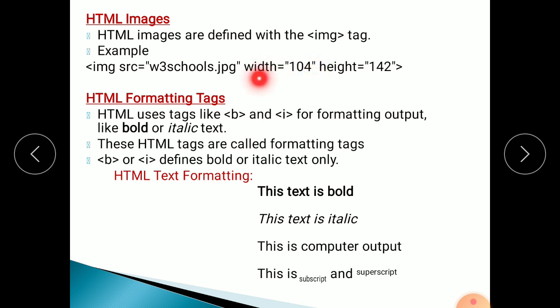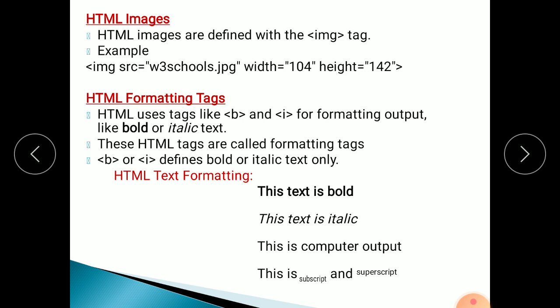Then type the width and height you want. I want width 104 and height 142. Type them in double quotes and close it. Then the image will be displayed on the monitor screen.